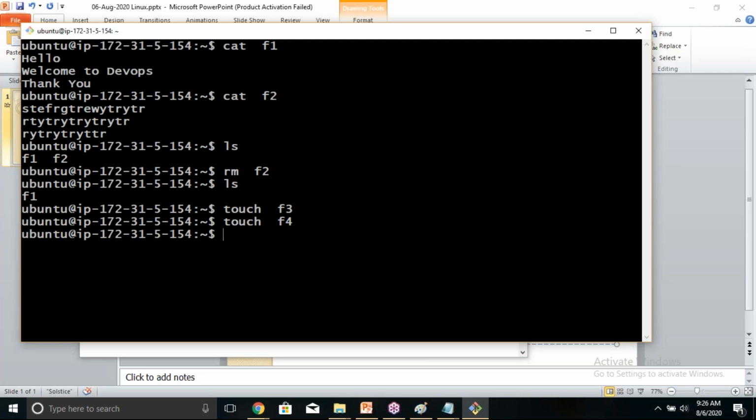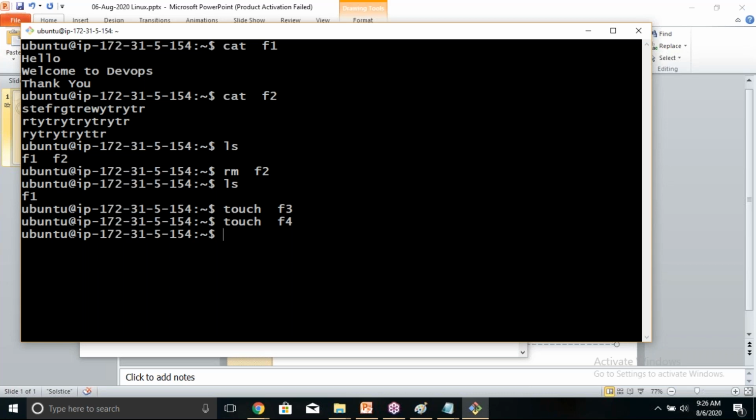Whereas if you create a file using the touch command, please observe what is happening. Immediately you are getting the prompt back. That means the files created using the touch command are empty files. Clear about this? Did you understand the difference?